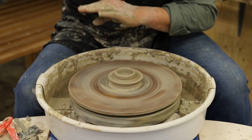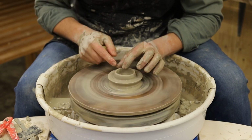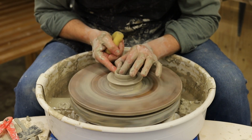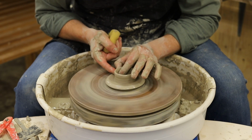I want it to be more of a flat curve over the top, so the depth of this part and this part have to match. So I'm taking this down, down, down, like this,